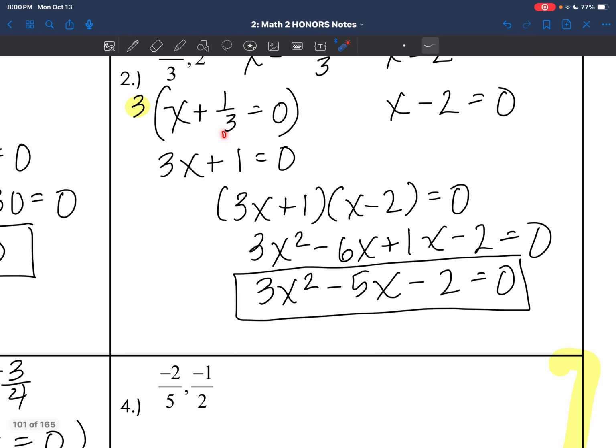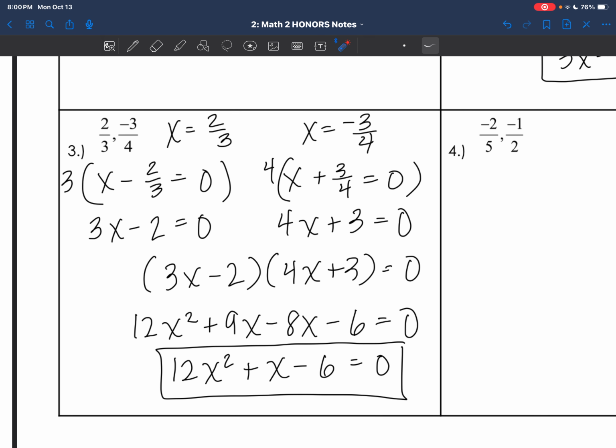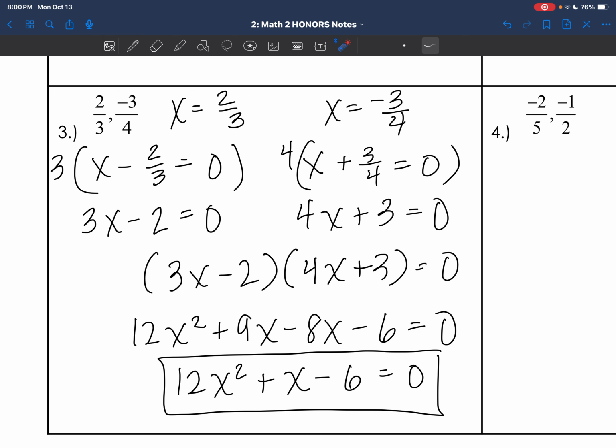All right, now we have this part, which is going to go here in this set of parentheses. We have this part, which is going to go here in this set of parentheses. And now distribute. So we're going to get 3x squared minus 6x plus 1x minus 2. Combine your like terms, and then this is your quadratic equation. All right, so just be very careful. I did do this one also for you. I got it set up because you have 2/3. And remember, you have to subtract 2/3